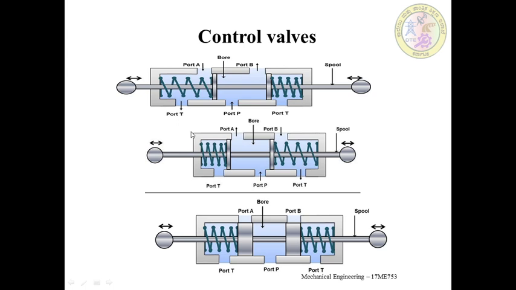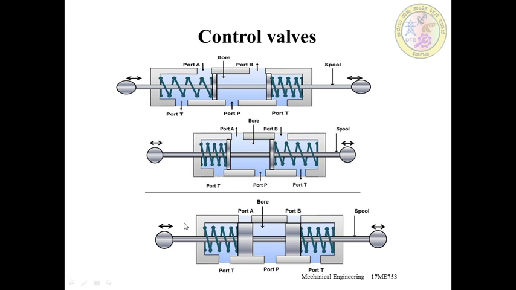And coming to image number 2, when the left hand side is actuated, the port P is connected with the port B and T is connected with the port A as shown in the image. Similarly, when the right hand side is actuated, the port P is connected to A and the working port B is connected directly to the tank as shown in the figure. The three position valves are used when the actuator is needed to stop or hold at some intermediate position. They can also be used when multiple circuits are to be accomplished from the hydraulic power source.